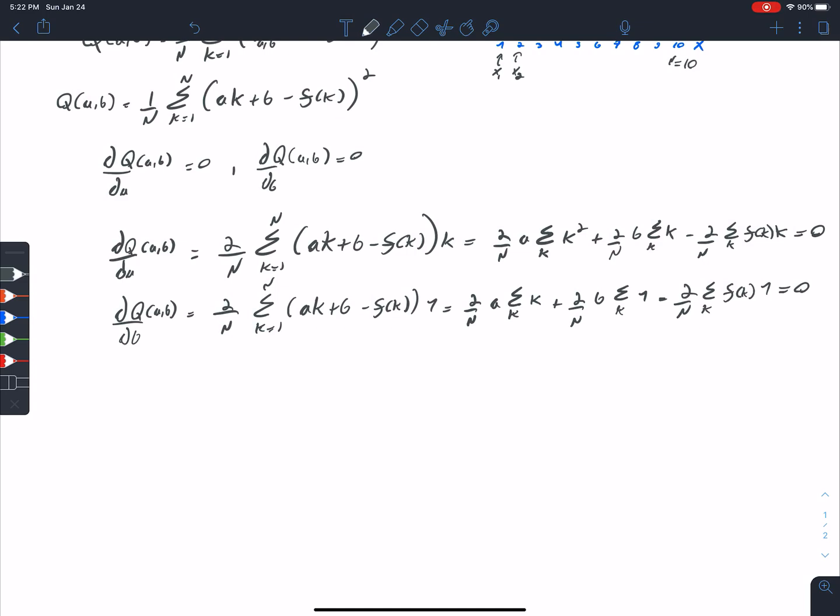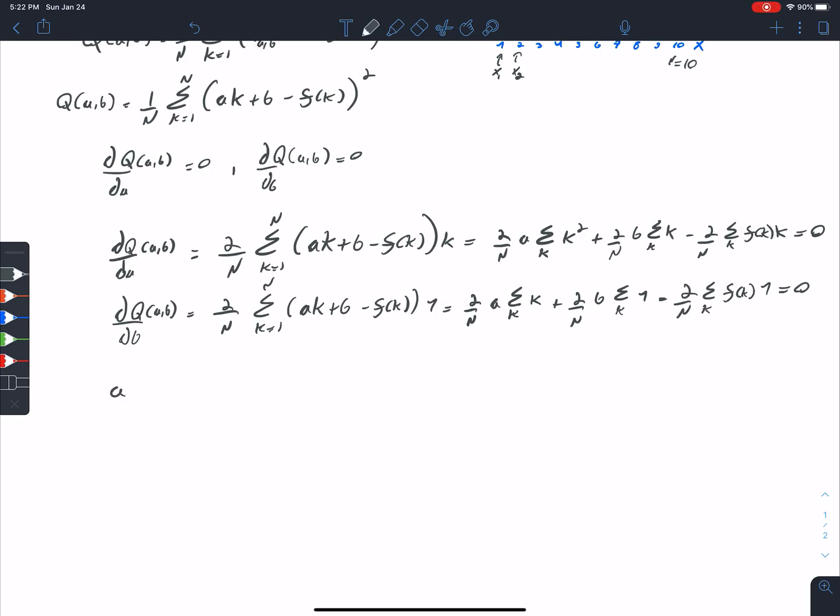So this set of two equations will be, and by the way, what I'm also going to do right away is we have this 2 over n multiplying all these terms, right? But it's equal to 0 on the other side. So I'm going to multiply both sides by n over 2 and essentially get rid of these terms, right? They don't play a role in the solution. So we're going to end up with